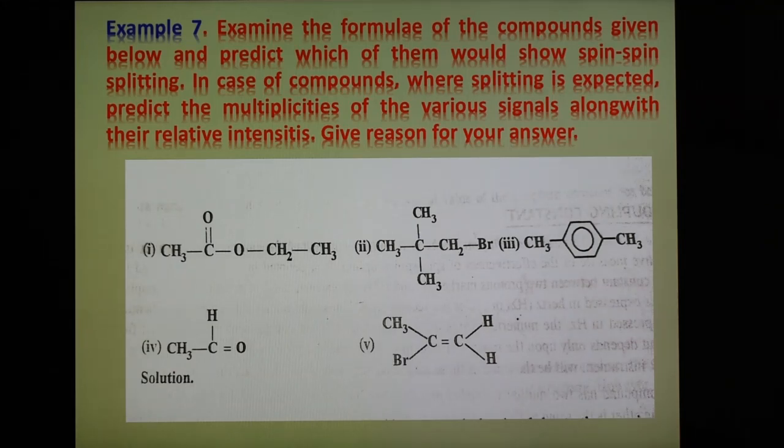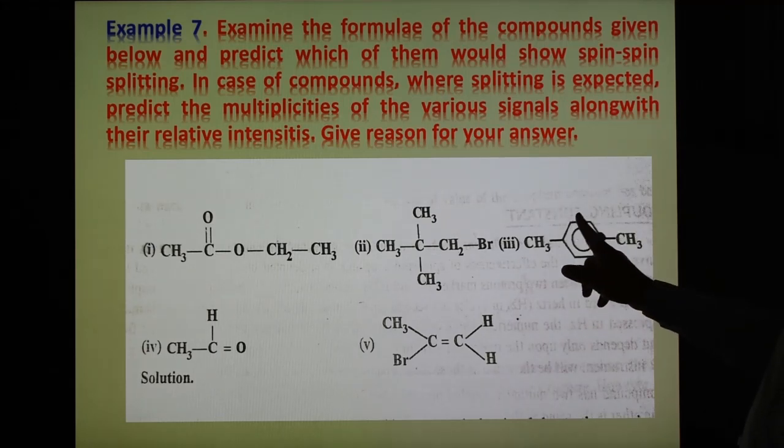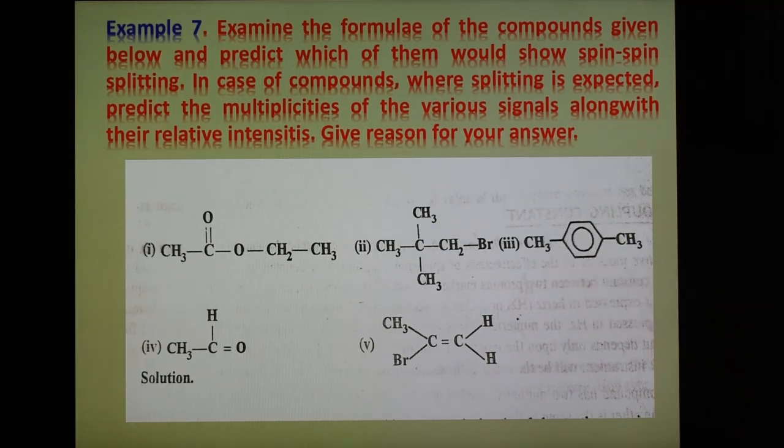In case of the third example, there is the benzene ring and CH3, CH3 are present at the para position. So this is truly para-dimethyl. So here para position of CH3, CH3 group. So in case of this third compound, the 4 ring protons C2, C3, C5, C6 are equivalent, and so we can give the numbers 1, 2, 3, 4, 5, 6. So 2, 3 and 5, 6 are equivalent, and therefore they do not couple, and hence only a 4 proton singlet is observed.